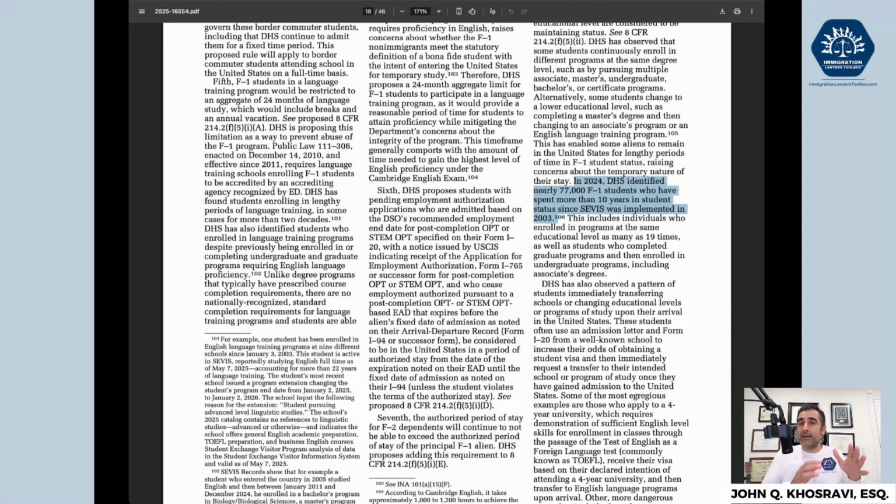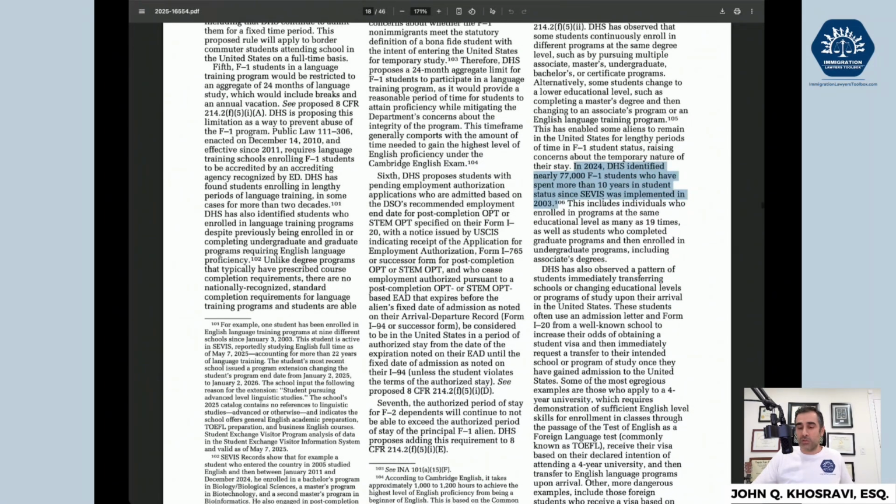Again, they're identifying that they have the solution, SEVIS, that identifies these specific students they have a problem with. They admit that they have the solution right there already for the problem they're trying to solve for. But here they're saying 77,000 students. In that first footnote, they're saying 2,100. Is there some sort of miscalculation? Why would they calculate something at 2,100 there, 77,000 here? And again, if they identify this one.